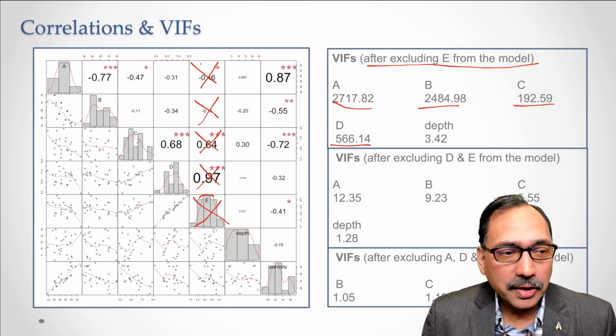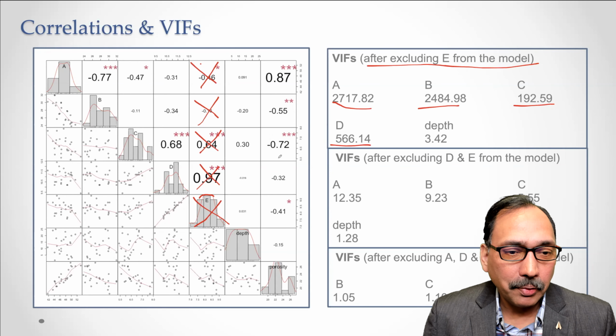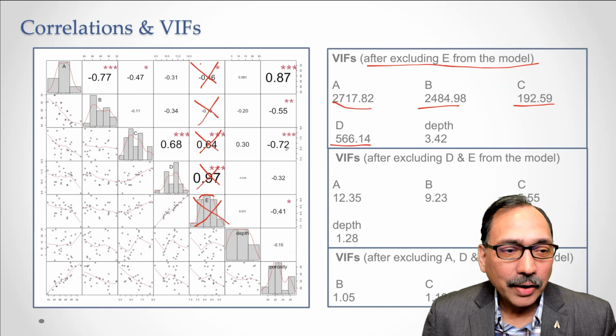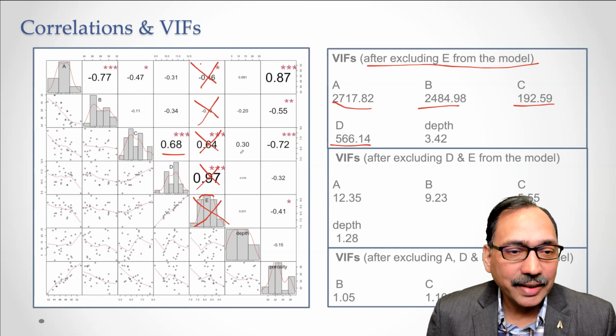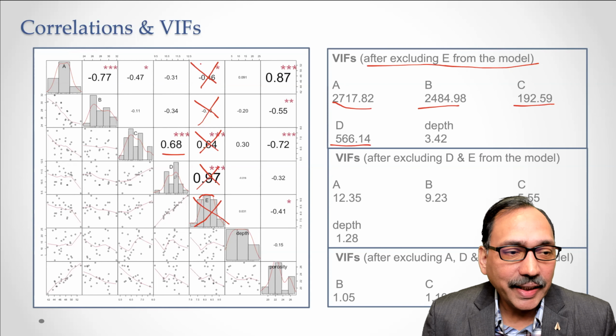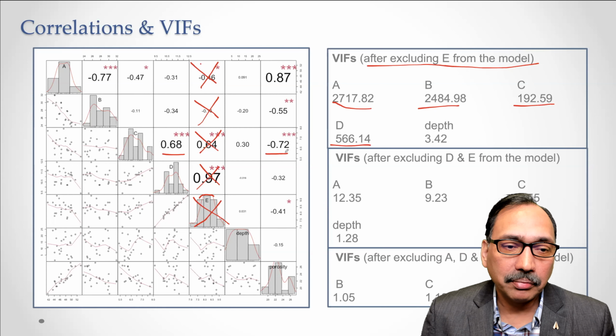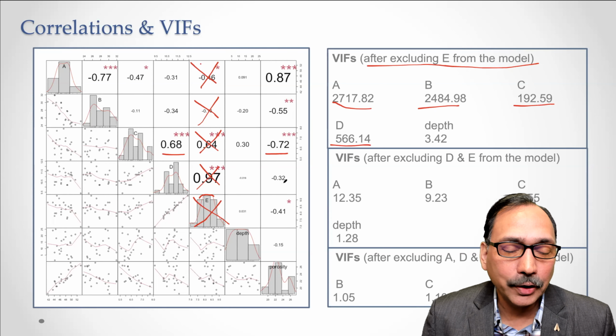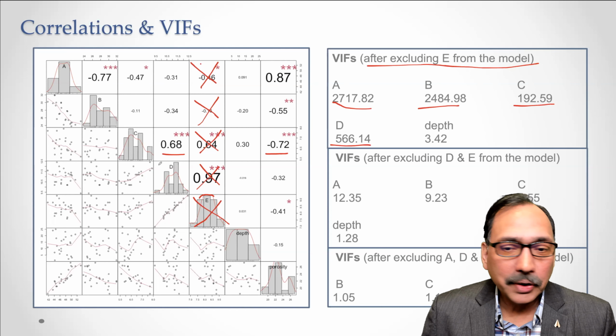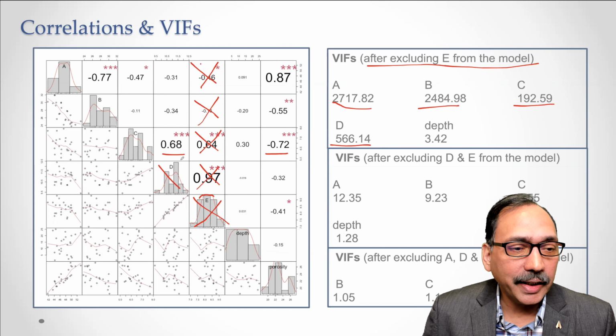If you look at the rows for C and compare the value for like porosity, the only problem is 0.68 and that is with D, and other problems are not there as far as multicollinearity is concerned. And between D and C, C has a higher contribution to the model, negative 0.72 versus 0.32. So I would prefer C in the model compared to D. So that's why I eliminated D first.